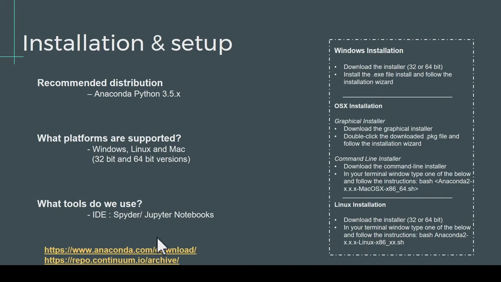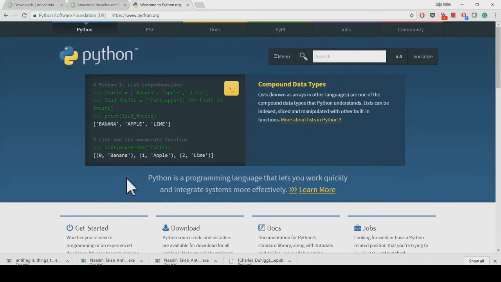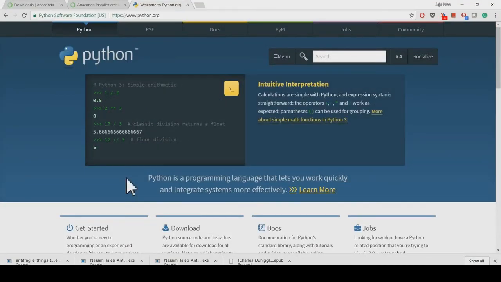I'll take you to the website of Anaconda and explore it, to help you understand which version to download. So this is Python's official website. In case you're not interested in using the Anaconda distribution, you can use Python's version and download the respective packages and install them separately. It's a fair enough process. The only problem over here is,